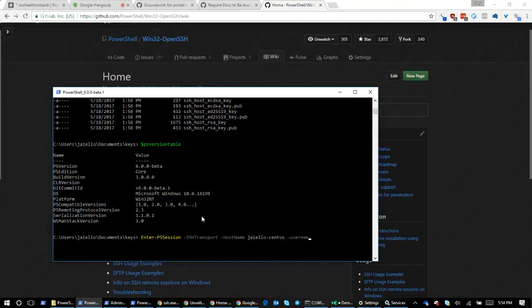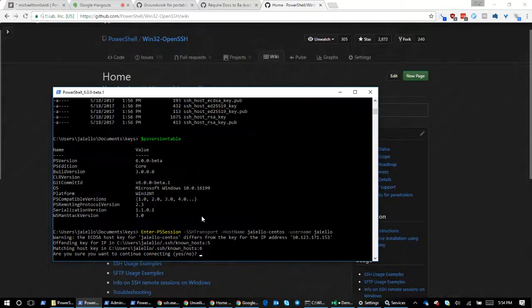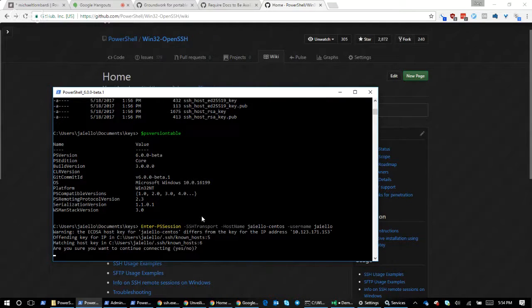Now I can specify my username. This is actually going to shell out to ssh.exe. So typically you'd be password prompted here when specifying your username, but I'm probably not going to be because I have that private key set up. But when I do this, it's going to throw that known host thing again. And when I connect, I am in a PowerShell session on a Linux machine.